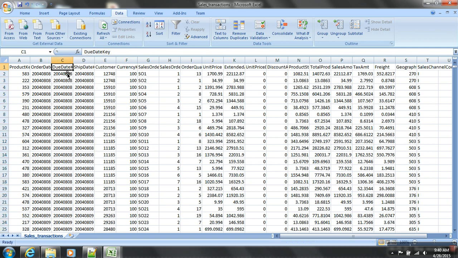Due date is nothing but the date when we plan to issue the stock, and ship date is the date when we actually issued the stock. But in the first order all the 3 dates are same. Ade roju order chesadu, ade roju ivalanukonnam, ade roju ichesnam. But in other transactions it could be different. Okay boss? Yeah.